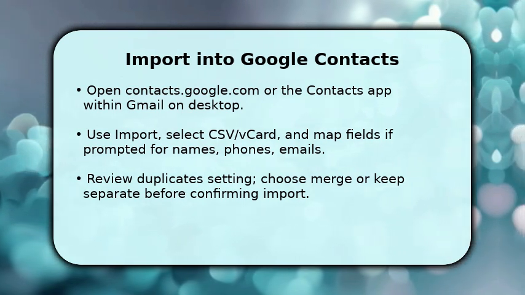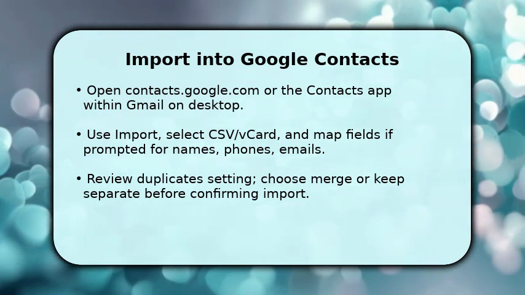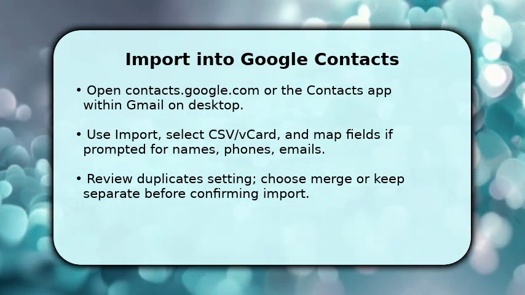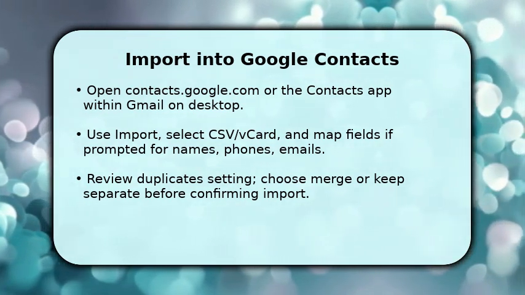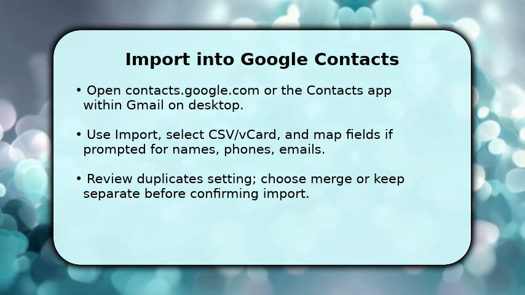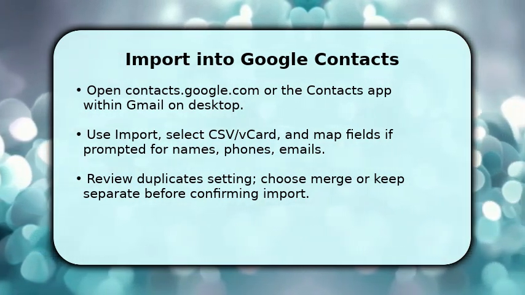Click Import, select your CSV or vCard file, and upload it. Google often automaps common fields like name, email, and phone. However, inspect mappings to avoid misplaced data. Once uploaded, check the duplicate suggestion. Choose Merge to combine entries or keep separate if you prefer manual review. Make sure you're in the correct Google account, because importing into the wrong account requires